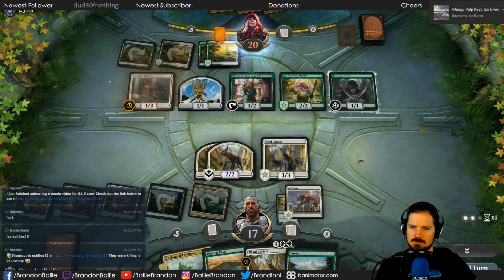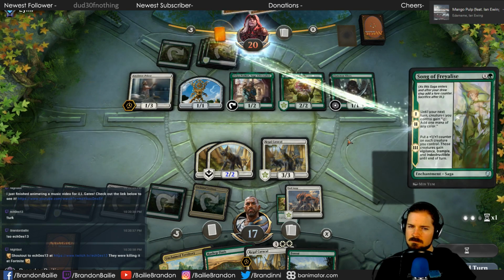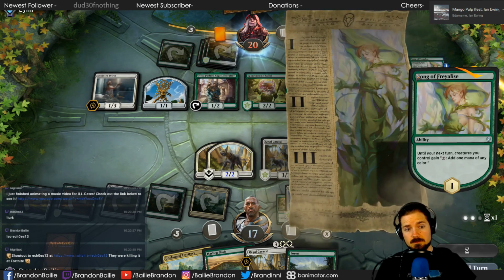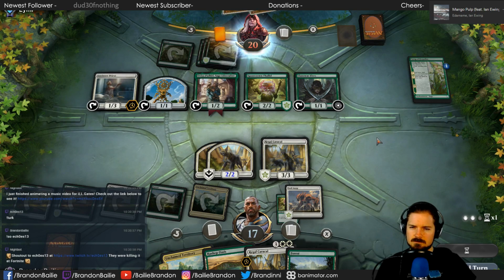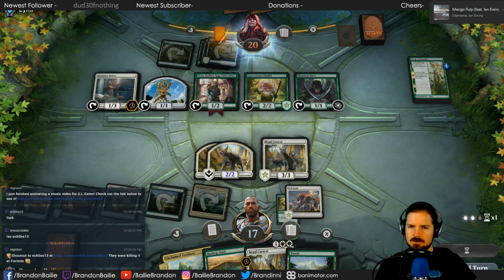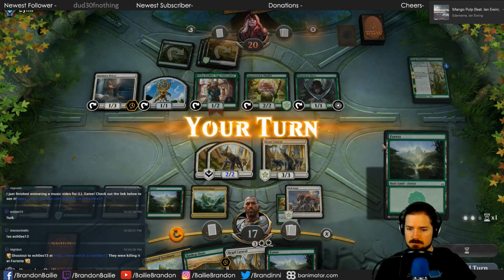Oh boy. Tokens. Oh god. For what though? So they all have that ability now, I think? Yeah. Is there something massive that he wants to play? Okay.